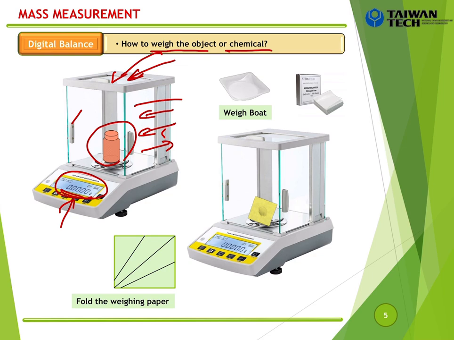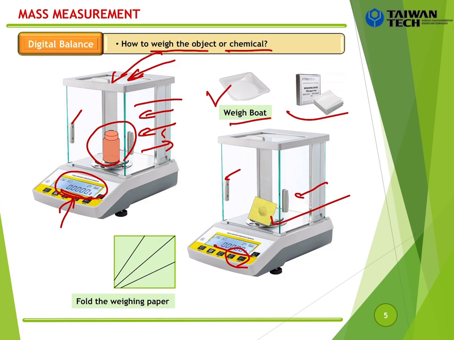But how about for chemical? Chemical, you cannot put directly on the balance because I already mentioned, right? Not good, okay? So you need to use maybe the weighing boat, or maybe you use the weighing paper for your measurement. So you put the weighing boat or the weighing paper into the balance, and then you close the door, okay? And then inside at the beginning you have only the boat, or maybe the paper only, and then you press tare,